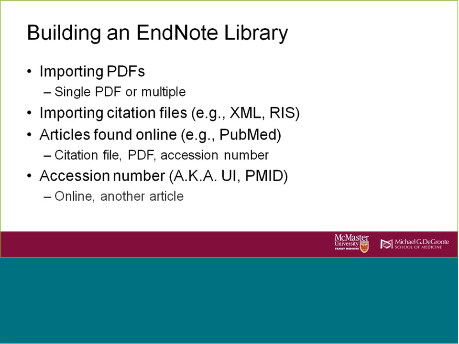That accession number is called an accession number in EndNote. I think it's also called differently on PubMed. I know that PubMed calls it the PMID, PubMed ID. I know UI is also another term for it. You can just copy that number and write it into a new reference in the library without anything else. And that number is unique, and it'll update and add all the details, and I'll show